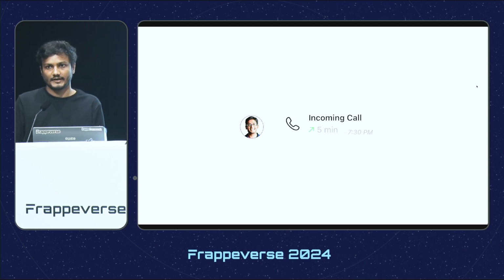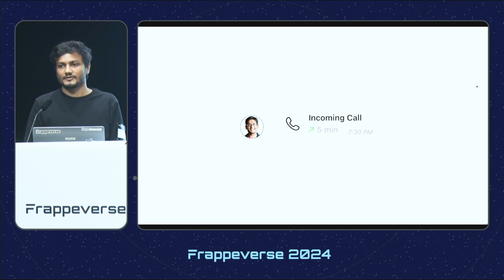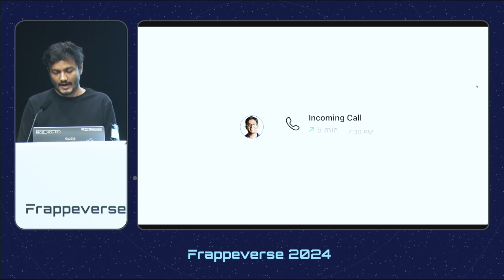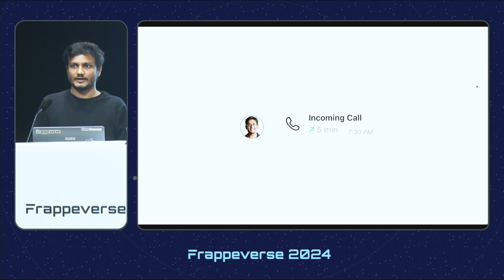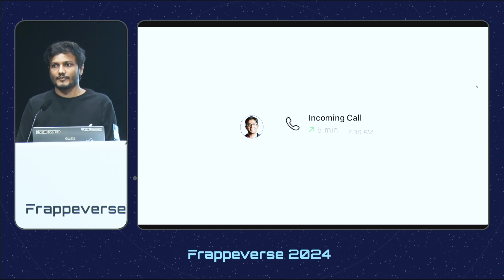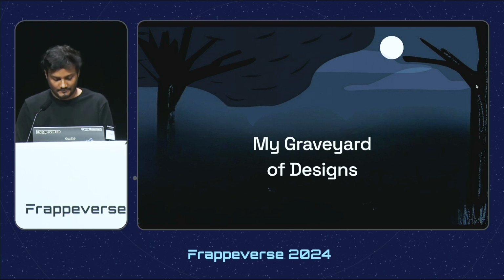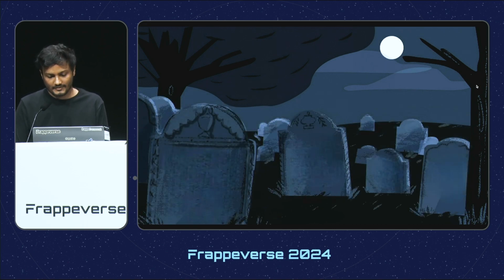So we spoke and he expressed how the current redesign was just not cutting it. And we wanted to go radical. So Rishabh envisioned the website as an extension of our apps. And sometimes as designers, we are so immersed in the design process that it's helpful to get a broader perspective from an external observer. So the entire design was scrapped, and essentially it ended up in what I like to call my graveyard of designs. I'm sure every creative person, from writers to designers, can relate to having a place like this.